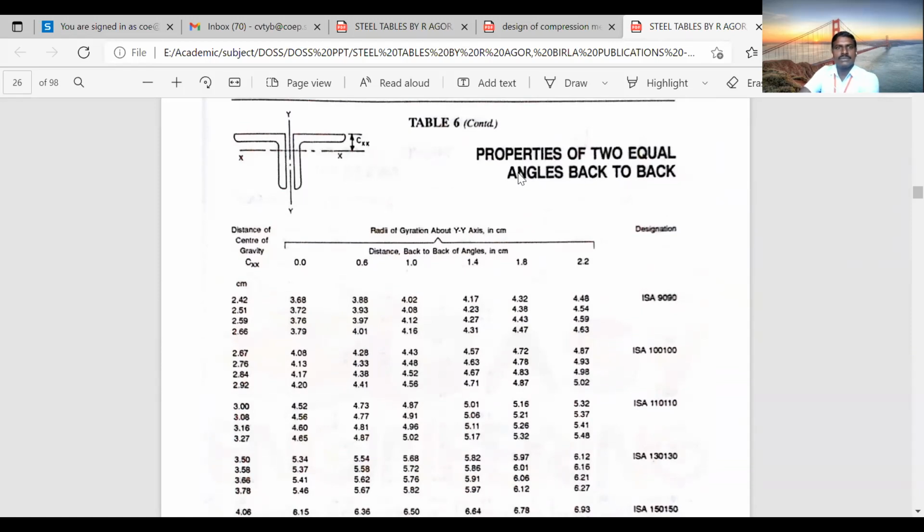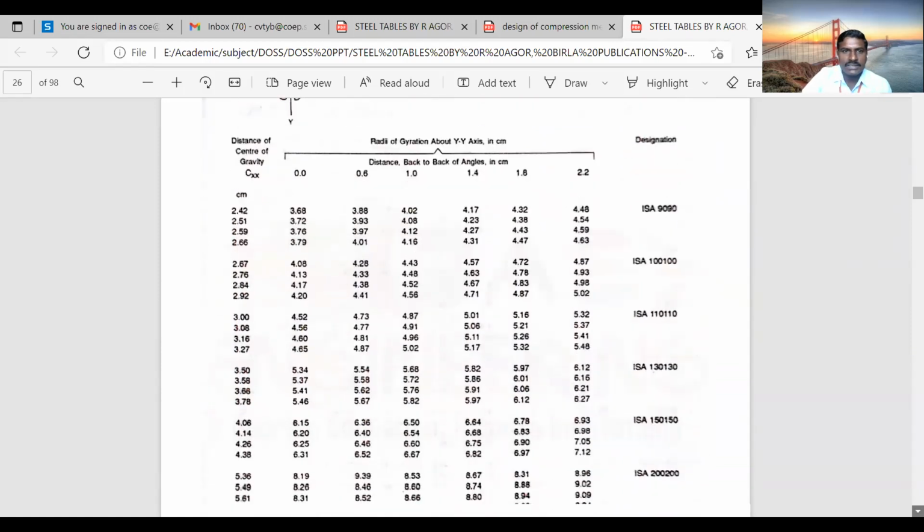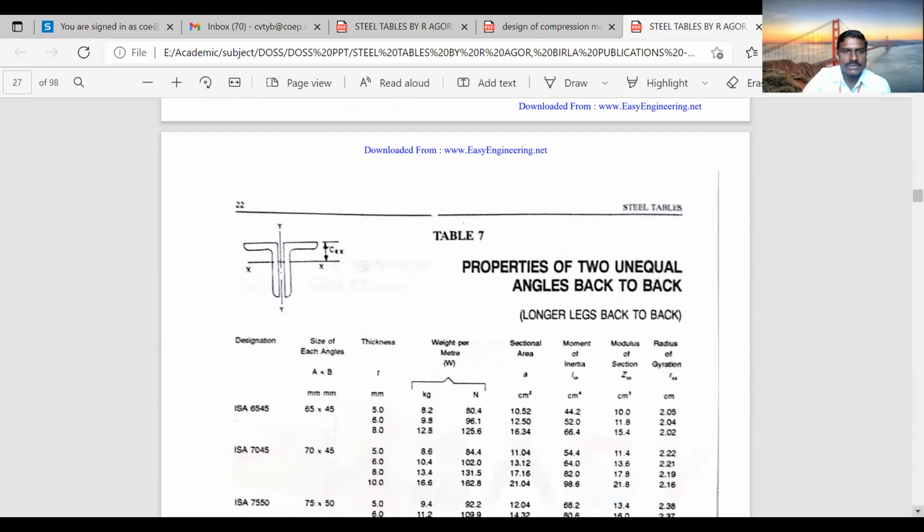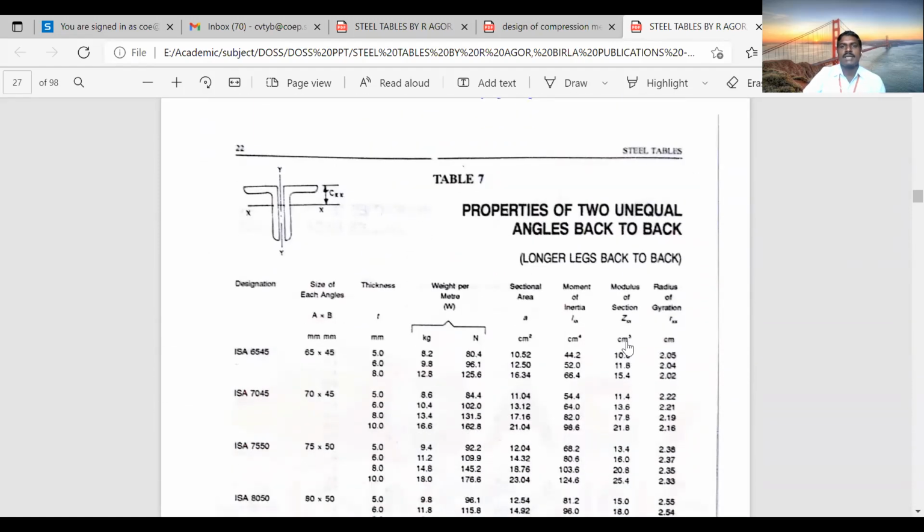Written. So these are also unequal angles. Here unequal angles are there, so we have to choose unequal angles. If they have told us unequal angles, so here 75 by 55 by 6, the area of which is 1312. The one we chose earlier, a double angle or a single angle, that single angle directly here.